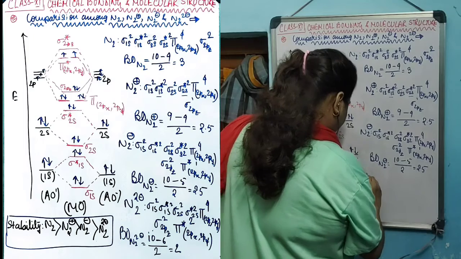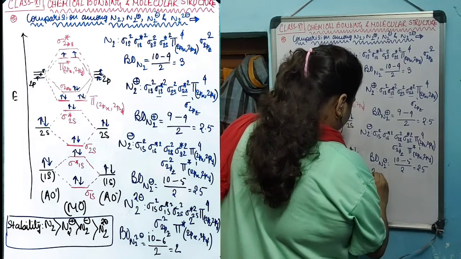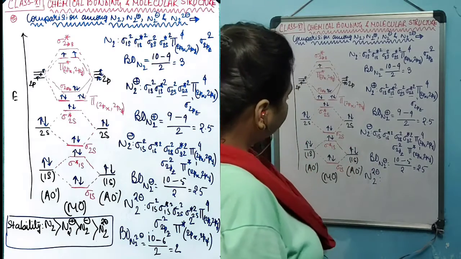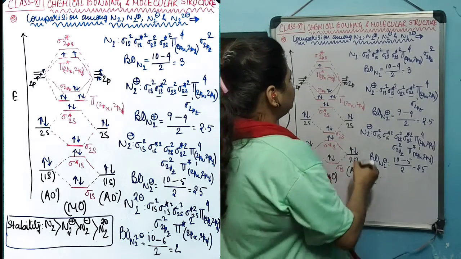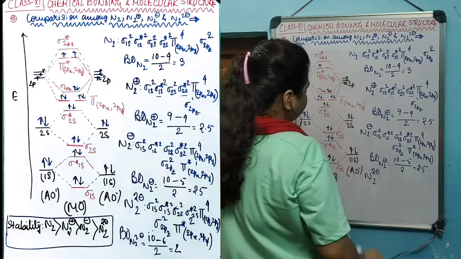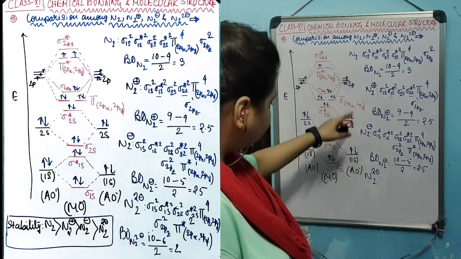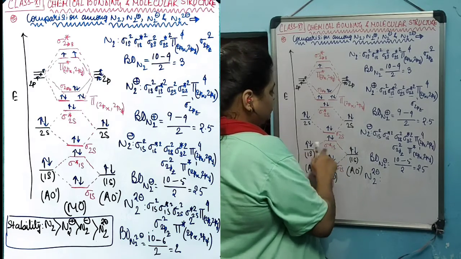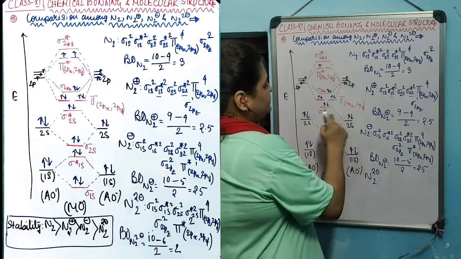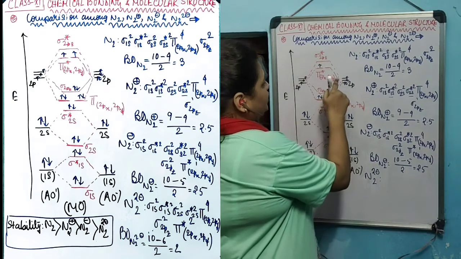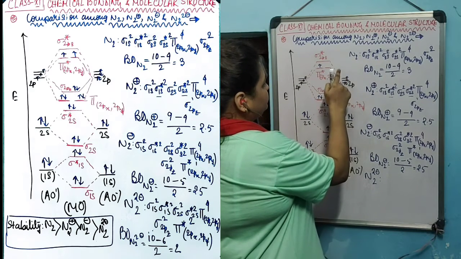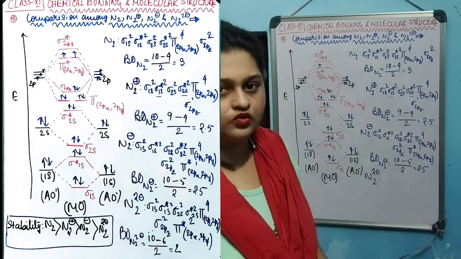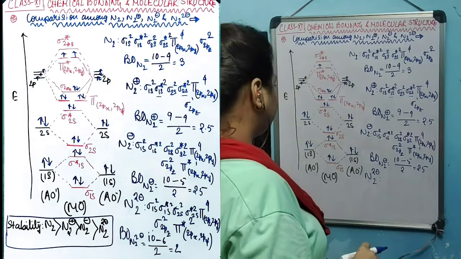Let's construct the diagram for the N2 2 minus species. For N2 2 minus, let's say there will be one extra electron in the second atomic species. This will make the total number of electrons 1, 2, 3, 4, 5, 6, 7, 8, 9, 10, 11, 12, 13, 14, 15, 16. 16 electrons in total. 16 electrons will be occupying these orbitals, and this will give